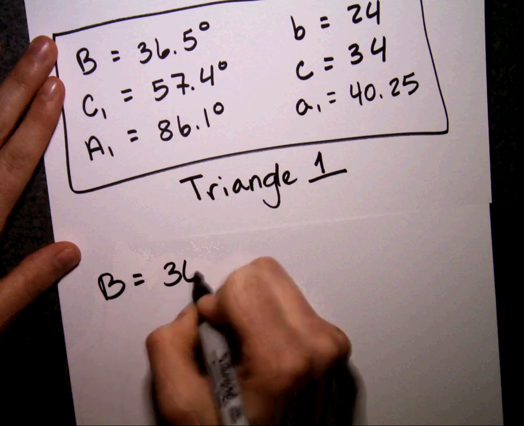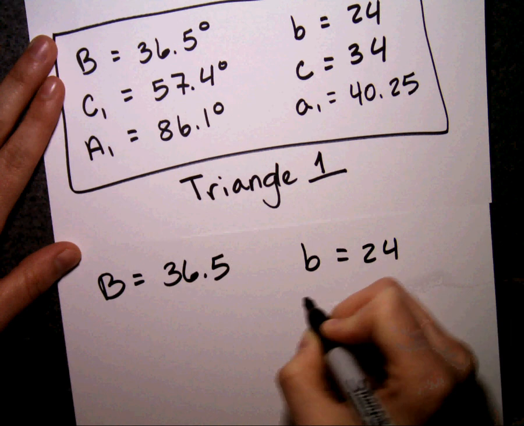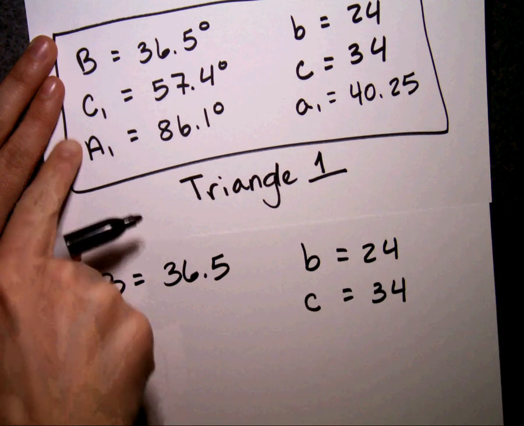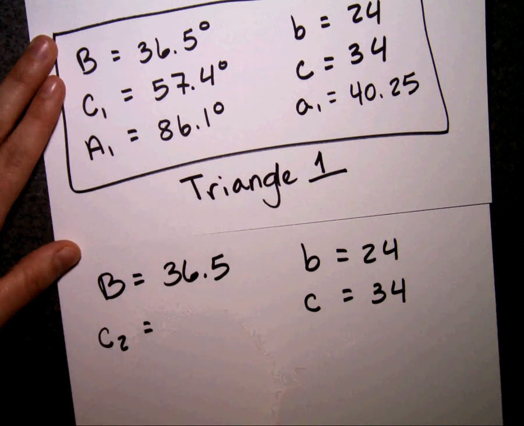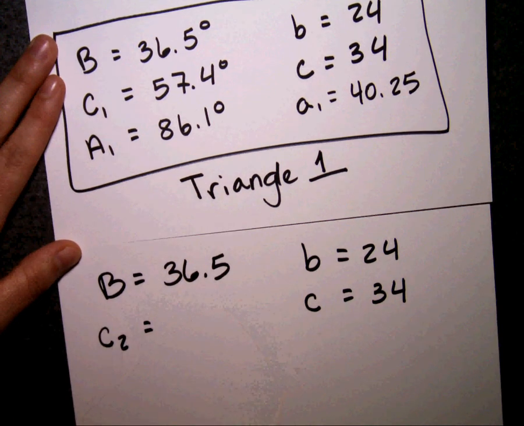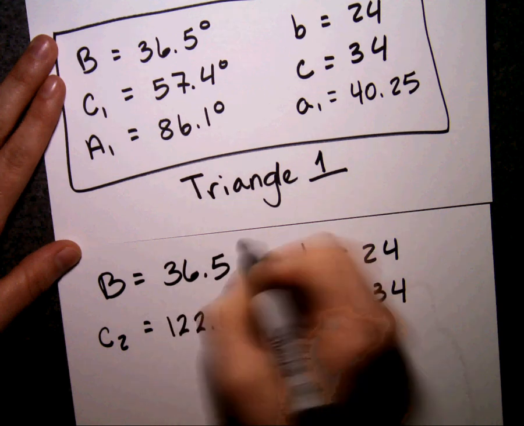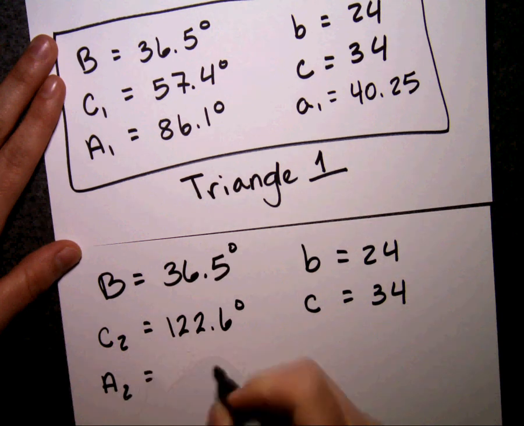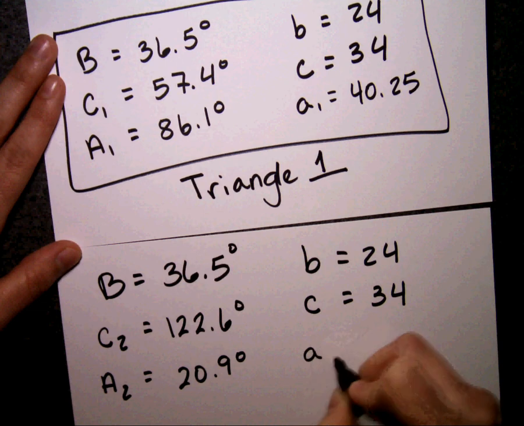So angle B is 36.5, side B is 24, side C is 34. And remember, we had a different angle C, so C sub 2 we found to be 122.6 degrees, and angle A2 we found to be 20.9 degrees,